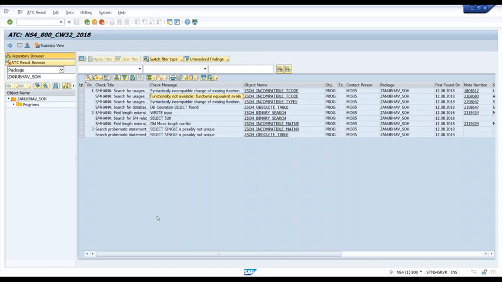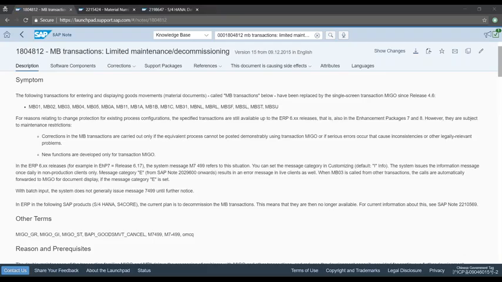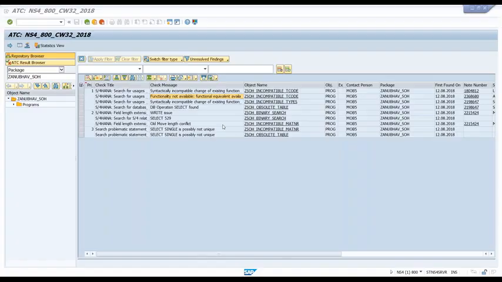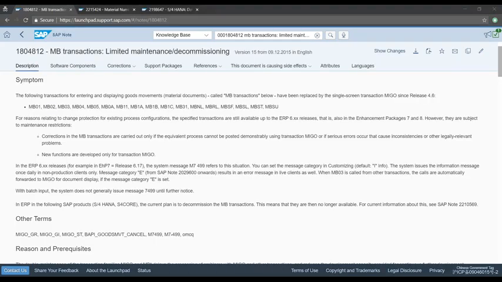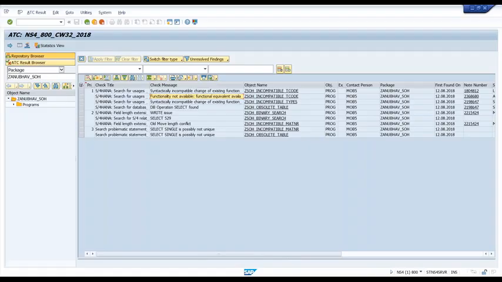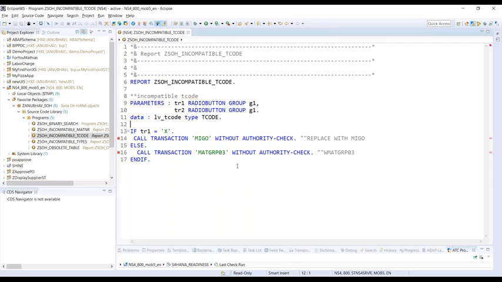2368680. Let's go to this note number, 2368680. It's not there, guys. So I know that change. Actually, there is also a usage of an obsolete transaction code. When I looked at the note, I found this transaction code has been replaced: instead of MART GRP03, it has been changed to WMART GRP03 in S4.